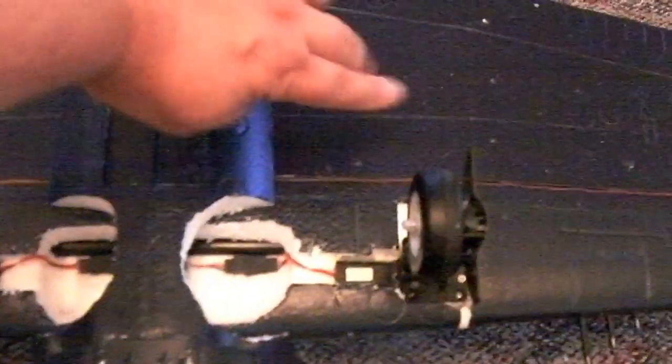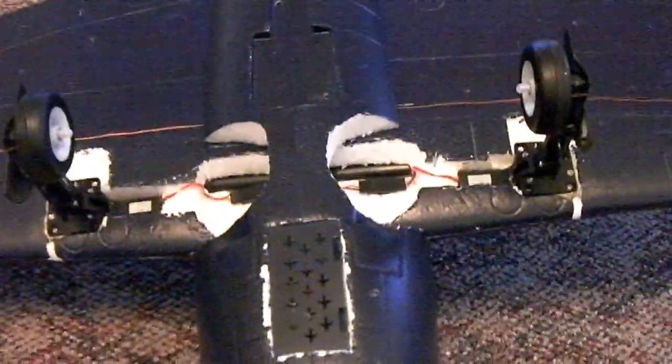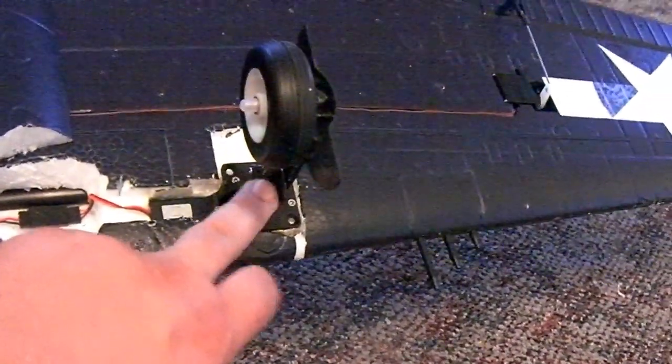I know this isn't scale. On this plane, the landing gear are actually supposed to do a 90-degree rotation and fold back into the wing, but these retracts don't do the 90-degree rotation, but that's okay. They're still really cool retracts. So I used the same landing gear. I just simply cut off the end of it, and then put it down into the servoless retract